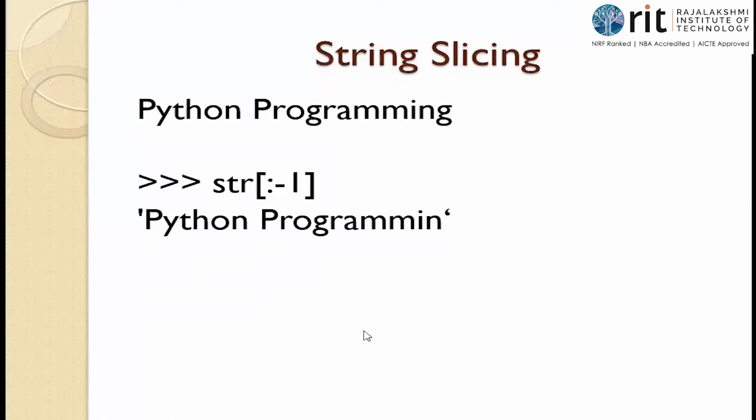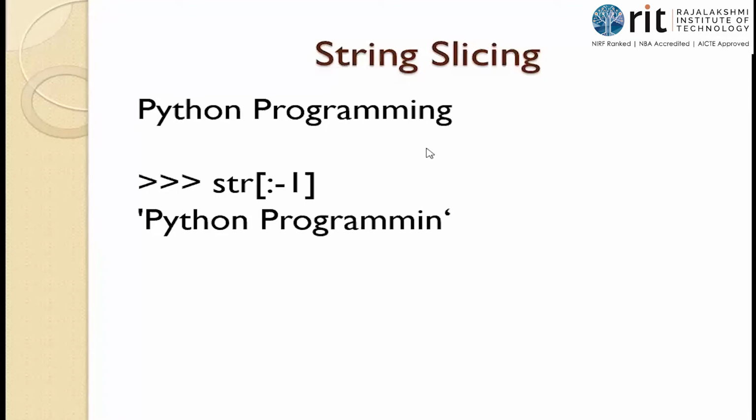Now let's see what happens when we use negative indexing. str of nothing means you should start from the beginning, colon -1. Where do we start? The string is "Python programming", and I start from P. Where should I stop? Look, the stopping criterion is -1, so don't get confused. What is the stopping criterion? -1. You should stop at -1, which means the answer is -2. So you are going to print up to -2, stopping at -2.